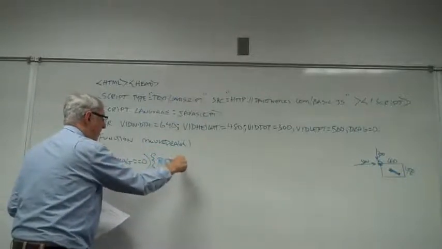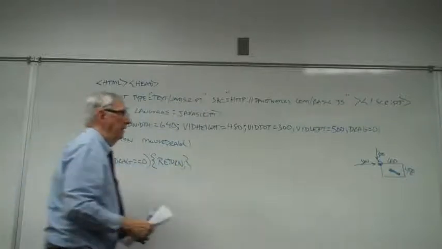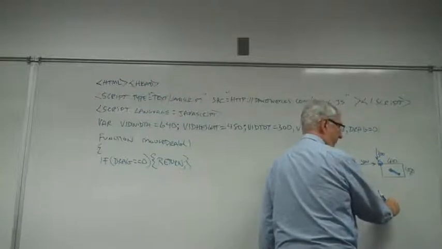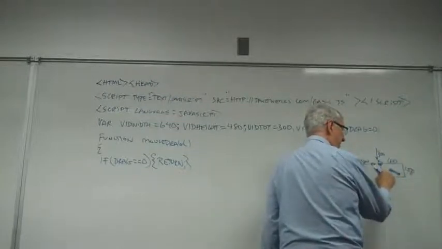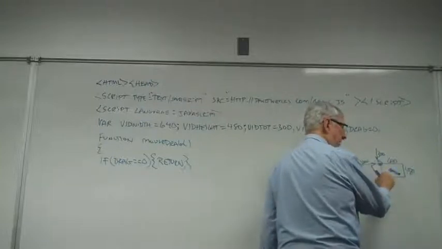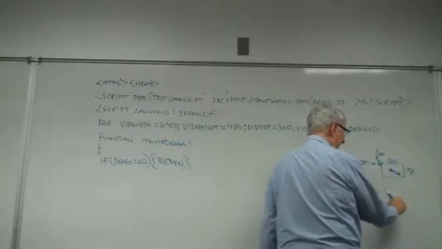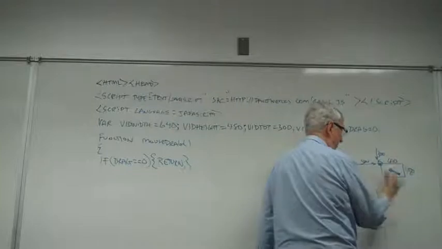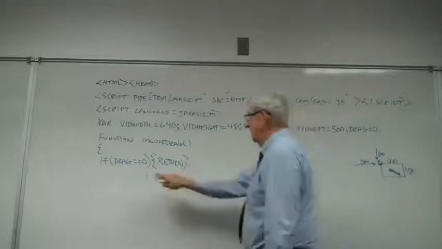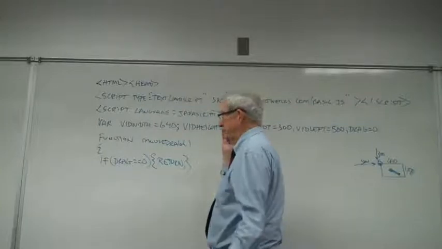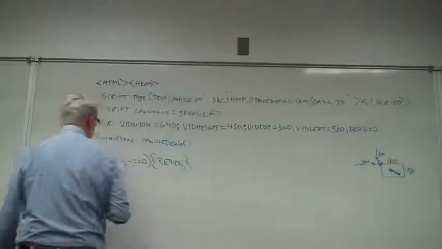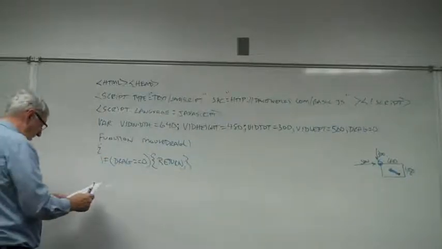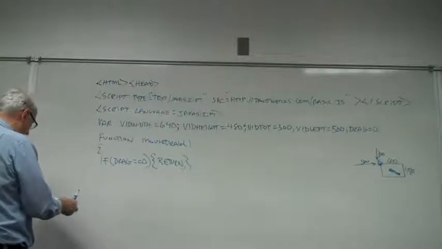Here's why. If I press the mouse down over here and start dragging, I don't want to move the object. I only want to move the object if I was within 200. So that's the only time we would set drag equal to 1. If I press down anywhere else and drag, I don't want anything to happen. So the first thing I do is say, well, drag's not 1. That means whatever I'm doing has nothing to do with this thing, so forget it. If drag is still 0, just get out of here. You don't have anything to do with it. Okay, so that takes care of that. So the first thing it does is make sure that you don't get caught up in the